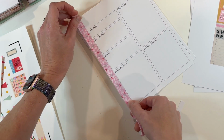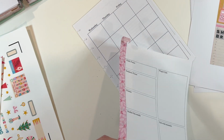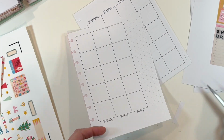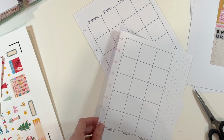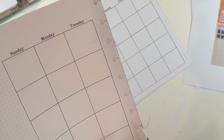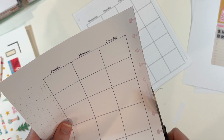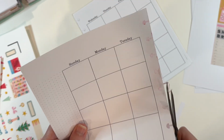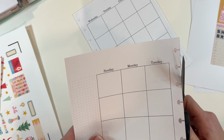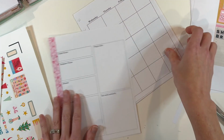Now, I have changed the format that I've been doing my faith planning throughout the year, depending on how the study is set up. This particular study is an Advent study, which means it's a study throughout the entire month that stretches from Thanksgiving to Christmas. And it's actually set up as a daily study. There are daily scriptures, and I plan to do some daily scripture writing,